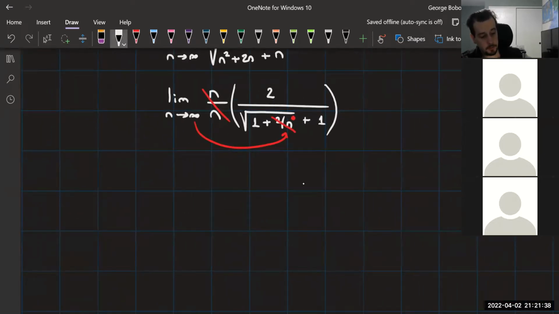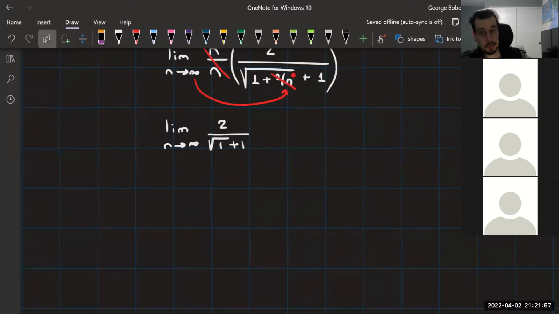What do you see for the limit right now? It's 1. Close. You have basically 2 over square root of 1 plus 1. Oh, you meant the overall limit. Sorry. Yeah, I was just looking at the denominator. But yes, everybody else, this here just ends up being 1, which is not equal to 0, which means this diverges by the divergence test.